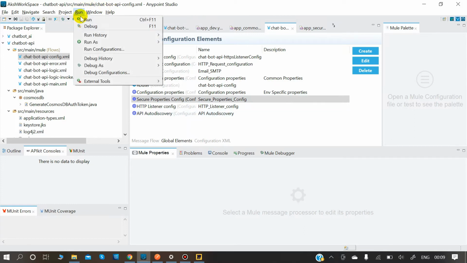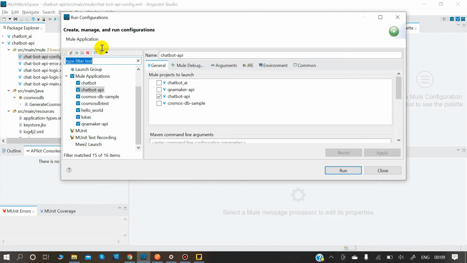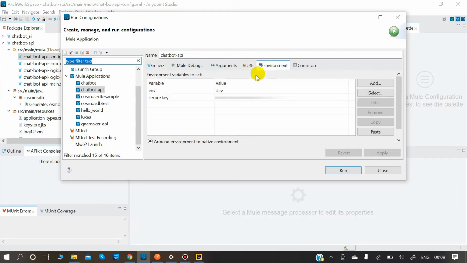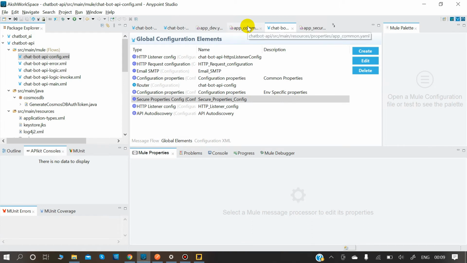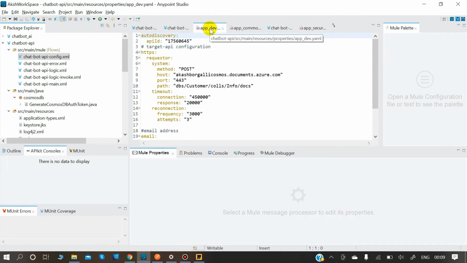Instead, in run configuration, you can give that particular key. As you all can see, in environment, I'm giving this particular secure.key. Here I'm giving that particular value. Hope you all have understood how I am doing these encryptions.